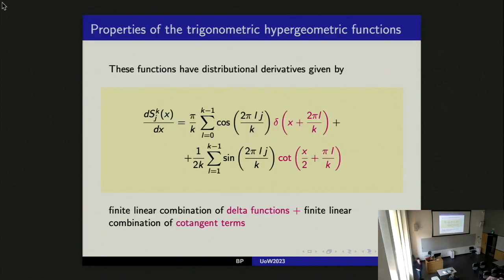And you can write an expression for their distributional derivative, which has both delta functions and a cotangent function. Now that's quite spooky because the periodic Hilbert transform kernel is a cotangent. And delta functions are what usually give evaluation of something, right? If you take convolution. So once we had this, well, a posteriori it's obvious, but it took us a while to understand how